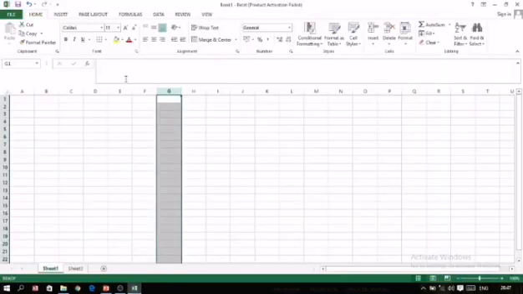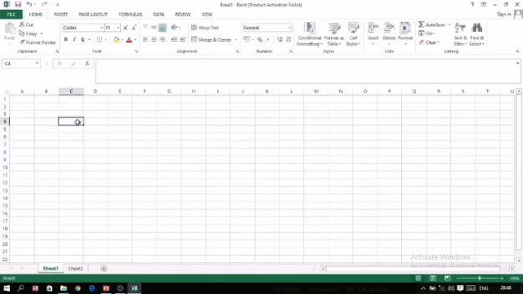The name box is the area given towards the left side of the formula bar. Here we have the formula bar. This box is where the cell address of the current or active cell appears. For example, I have clicked in cell C4, so here C4 is written. This area is known as the name box. The name box displays the address of the active cell.